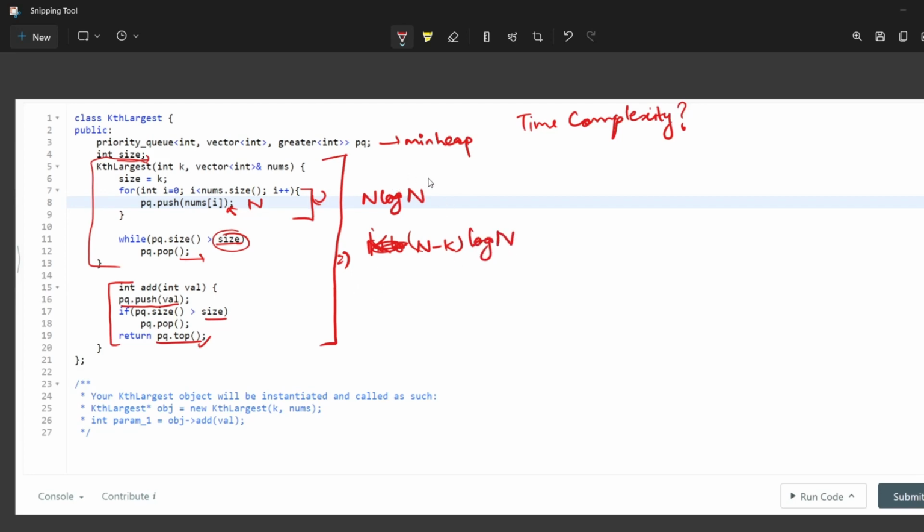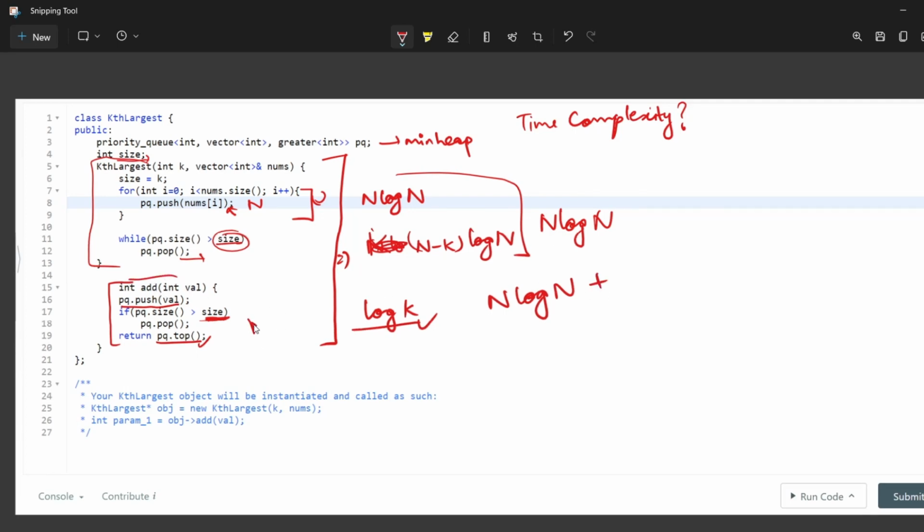Okay, so overall the time complexity of this part will be n log n. And for the add function, we are checking the push and the pop, so its time complexity will be log k only. So the overall time complexity will be n log n plus, let's say the add function is called m times, so that means m log k.